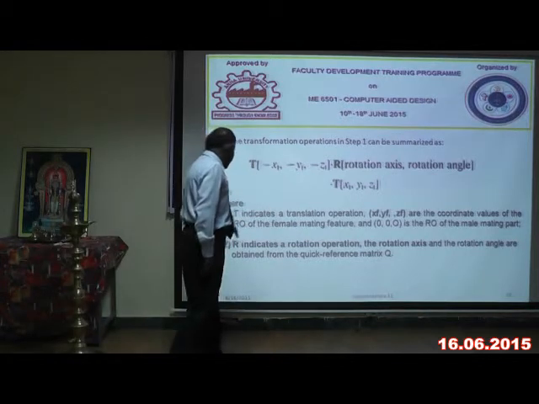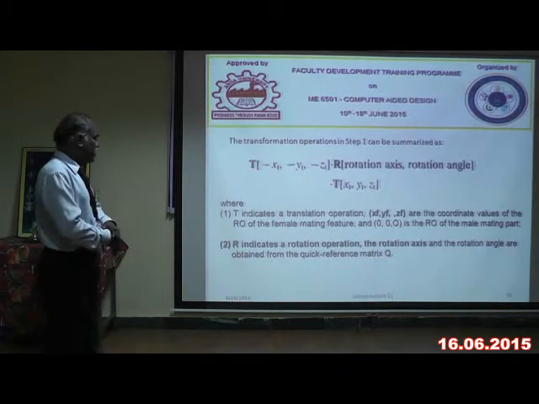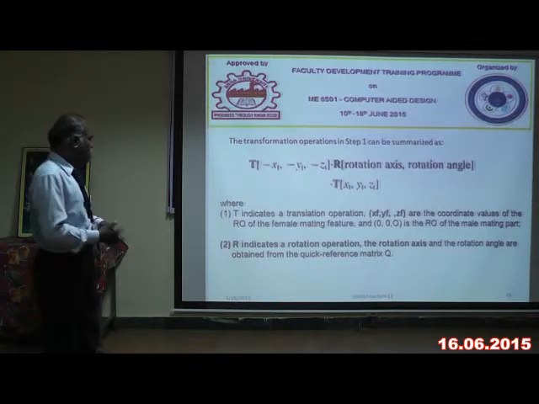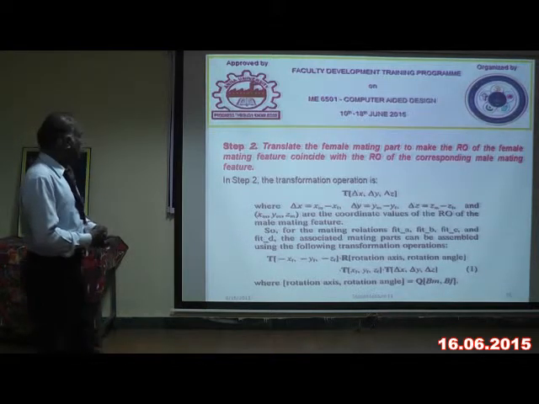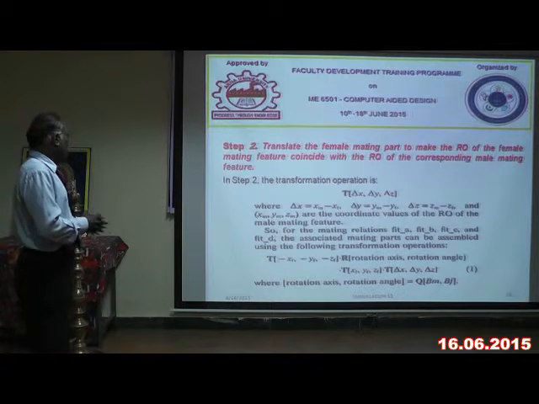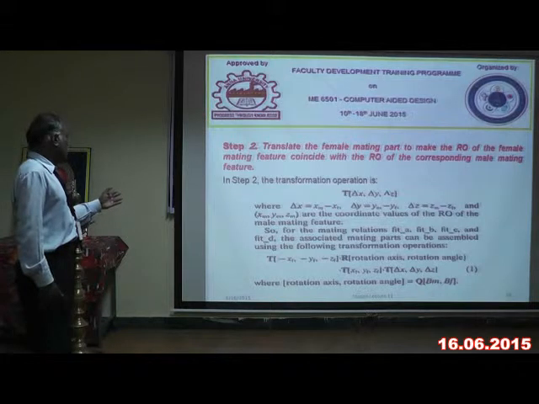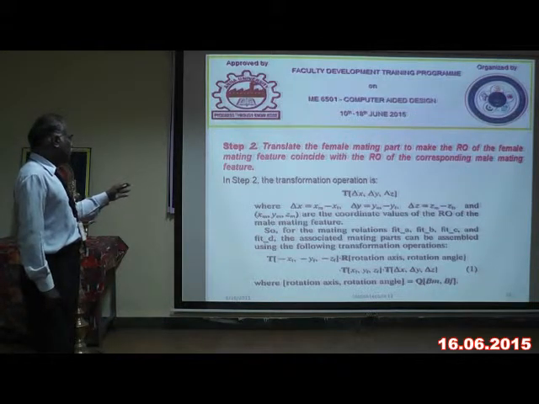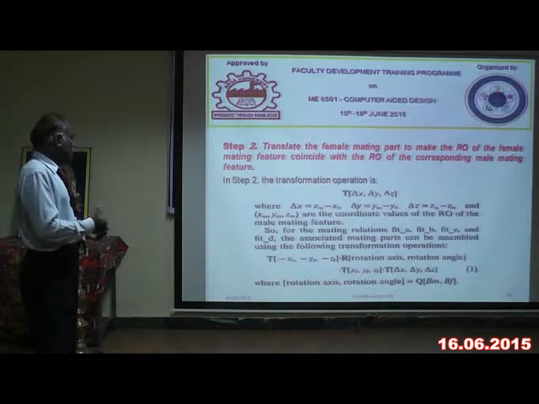And then second, the R indicates the rotation operations. The rotation axis and the rotation angles are obtained from the quick reference matrix. Step 2: translate the female mating part so that the reference origin of the female mating features coincides with the reference origin of the corresponding male features. In step 2, the transformation operation is T delta x y z, where delta x is